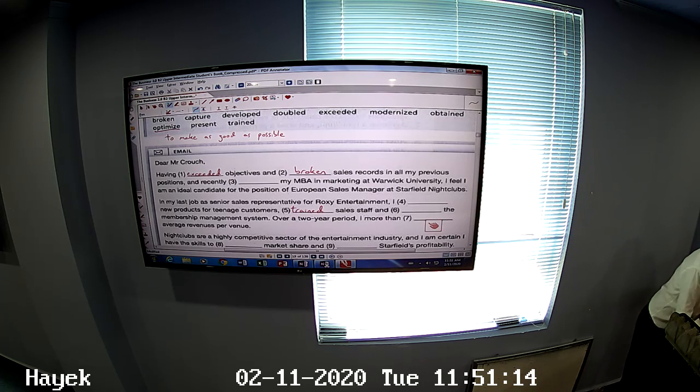Obtained. Got would work, but it's not one of the verbs in the box. Obtained, to obtain means to get. And recently obtained my MBA in marketing at Warwick University. I feel I'm an ideal candidate for the position of European Sales Manager at Starford Nightclubs. In my last job as Senior Sales Representative for Roxy Entertainment, I